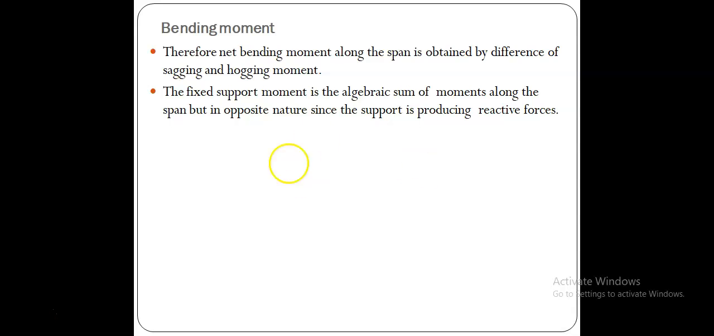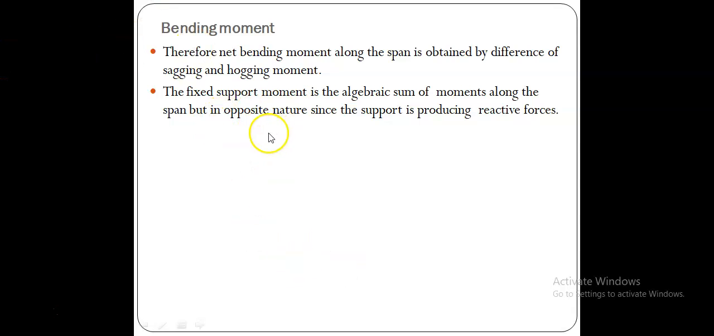So therefore, the net bending moment along this span is obtained by the difference of sagging and hogging moments. Then the fixed support moment is the algebraic sum of moments along the span, but in opposite nature, since the support is producing reactive force. There is one more bending moment at the fixed support, which is called the reactive moment. That we have already discussed, which is nothing but the sum of all span moments. Span moments are only due to the downward applied forces,